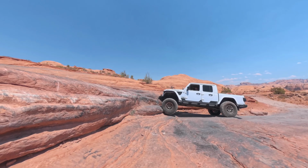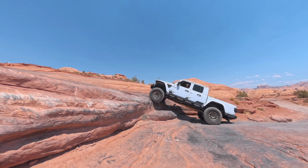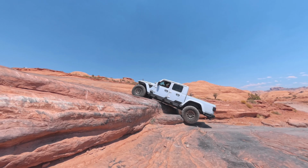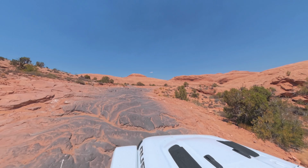So this is going to be the second major ledge climb, and like the first one, as you see closer to the camera, it gets a lot more intense. There's no way my Jeep could even do that. I wasn't ready for it. Maybe I'll come back when I'm on 40s and got some frame chop bumpers, but more difficult is to the left, and easier is going to be to the right, which is the way I went. But if I didn't have this Jeep,